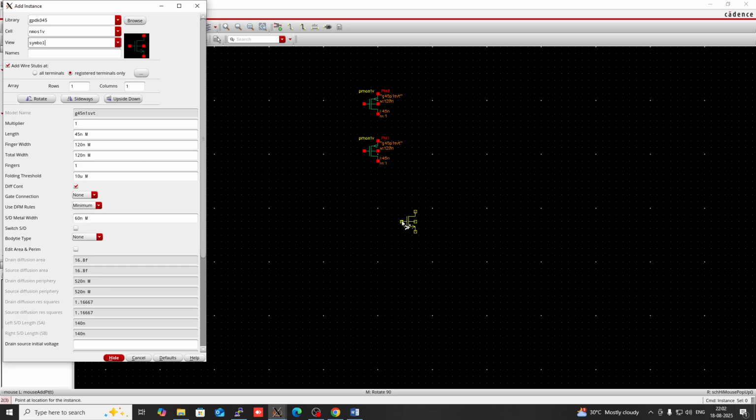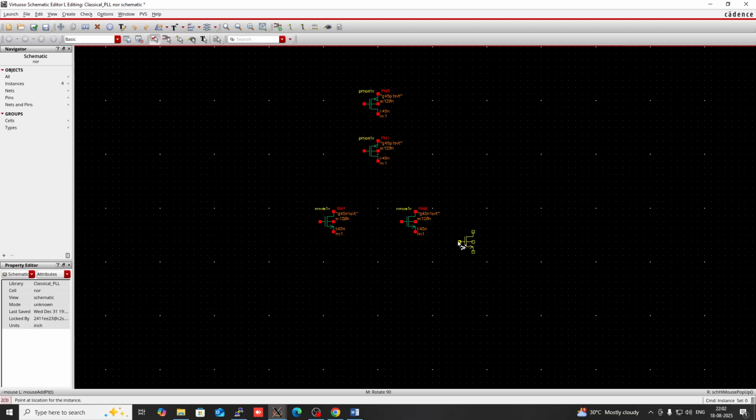Okay, then using W connect this, connect drain and source of NMOS with each other. Then the drain of PM1 should be connected with the source of PM0,